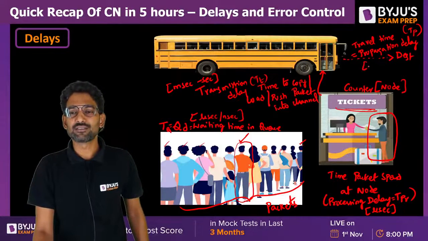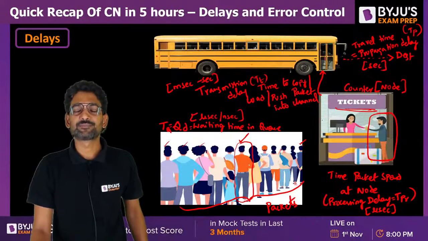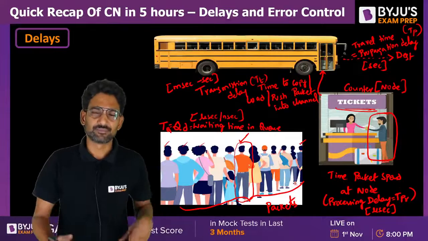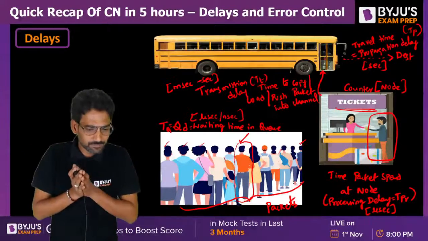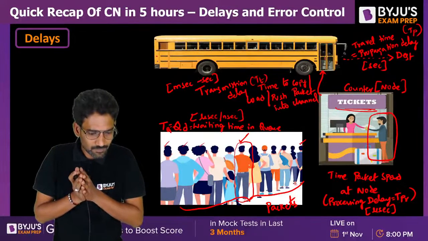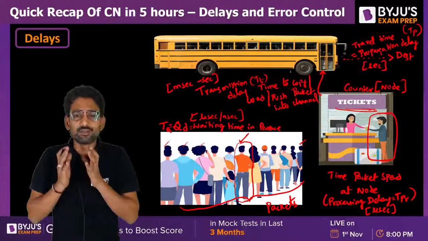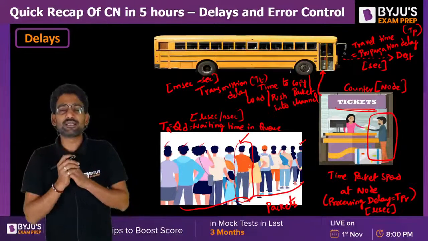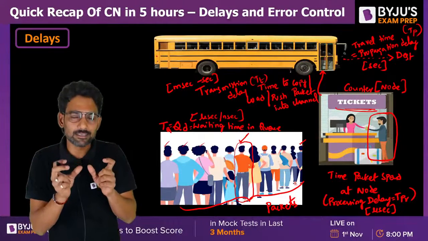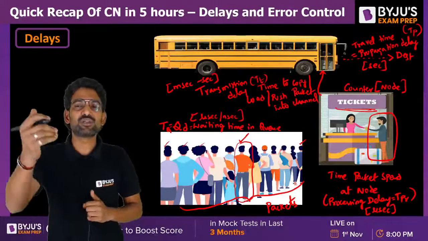Propagation delay would generally be in seconds. Generally, it can be more or less. That means you please understand that queuing delay and processing delay are very, very less compared with the transmission delay and